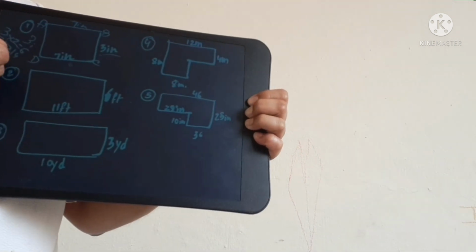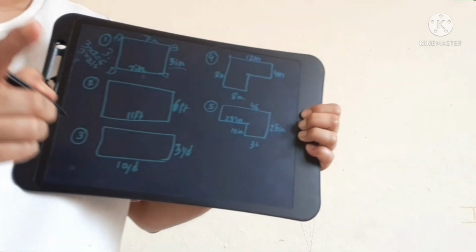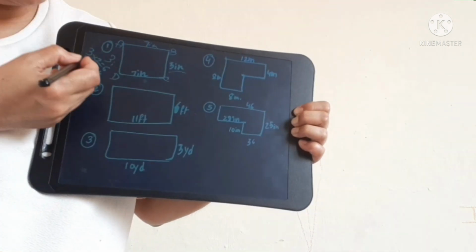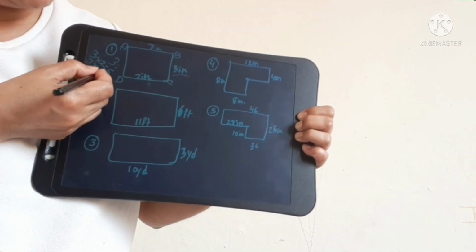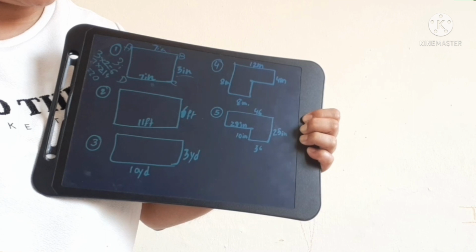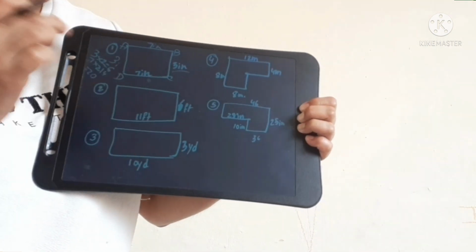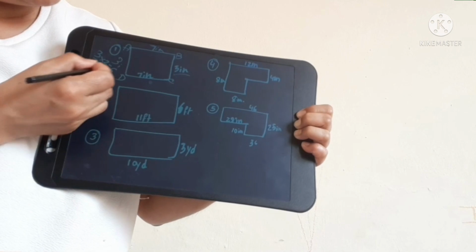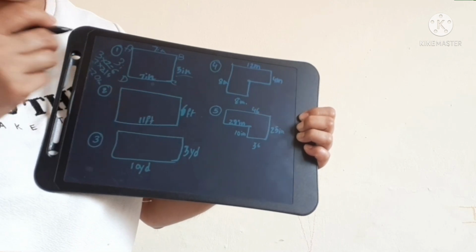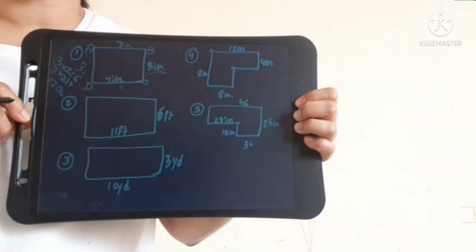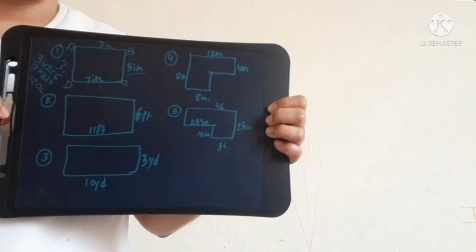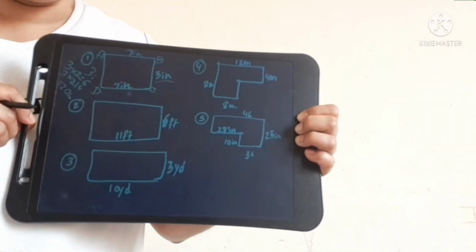After that we can get the exact perimeter of the shape. What is the exact perimeter? This is 14 plus 6 is equal to 20. Oh, now you understand this one. After 20 we have to write inches. So that means 20 inches is the perimeter of this particular shape. And don't forget to write the unit.